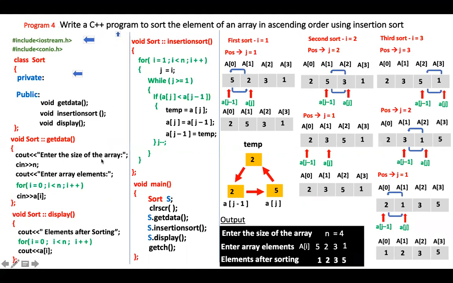Then next, whatever variables we have used in our program, we have to declare over here in the private section. So we have used array a of 10, we have used n, so we'll write n. Then what else have we used? We have used i, so I'll write i. We have used j, we will write j. Then we have used a temporary variable, so I'll write temporary. Inside these variables I have used only numbers, so numbers are also called integers.